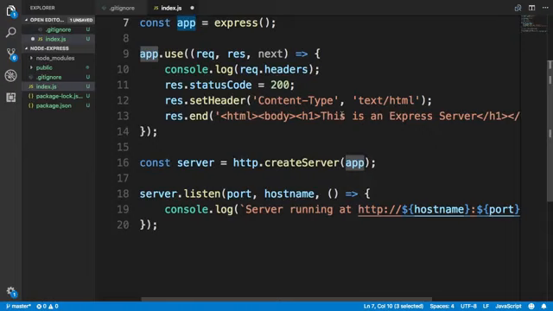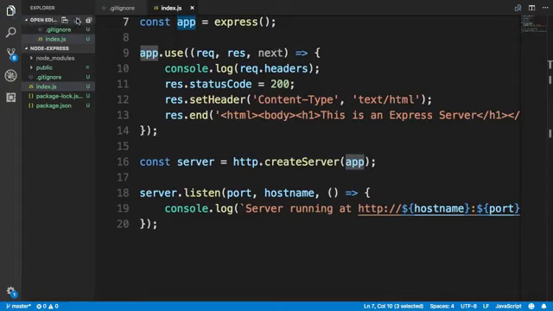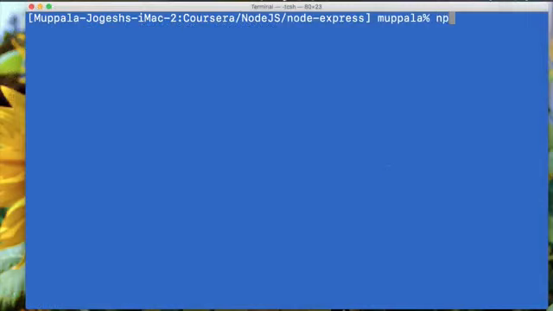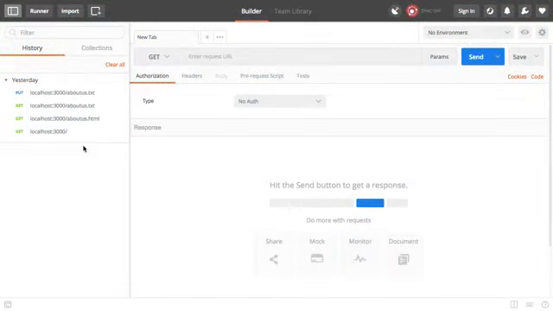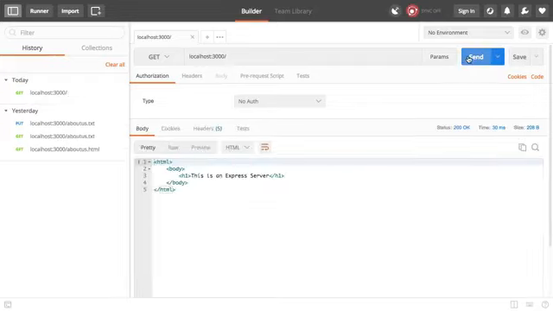And once we are done with this, let's save the changes, and then we will go ahead and start the server and have a look at what the server will serve up. Going to the terminal, at the terminal, type npm start, and you would see that your server is up and running. Now, when we access this from either the browser or from Postman, you will see what it serves up. So here I have Postman up and running. Let me send the GET request to localhost 3000, just like before, and you would see that this is serving